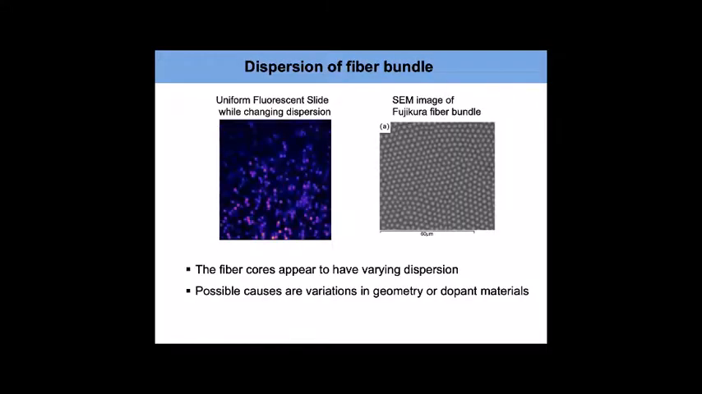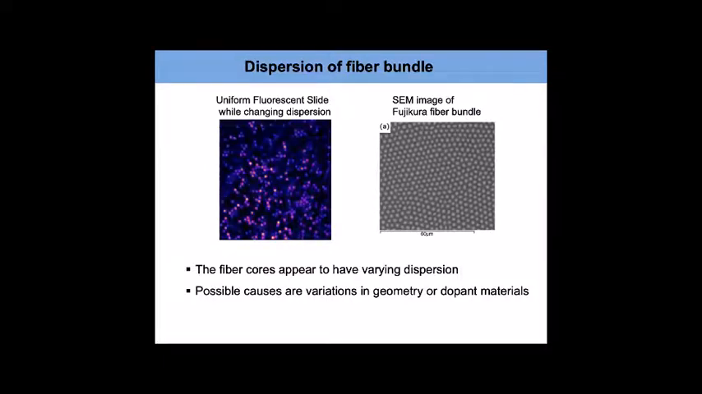Okay, and so showing on the right is an example of a cross-section of this kind of Fujikura imaging fiber bundle. It's an SEM image, so you see that these cores are not really uniform; they've got varied shapes and sizes. And so what you end up seeing when you're trying to do two-photon imaging is that, due